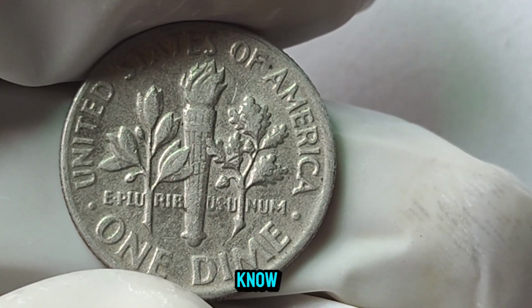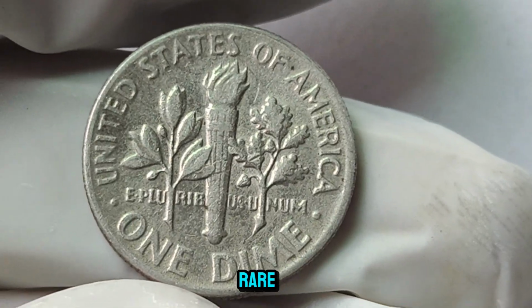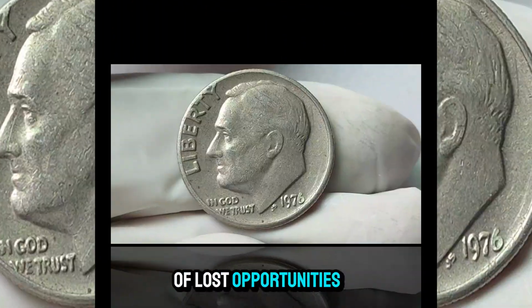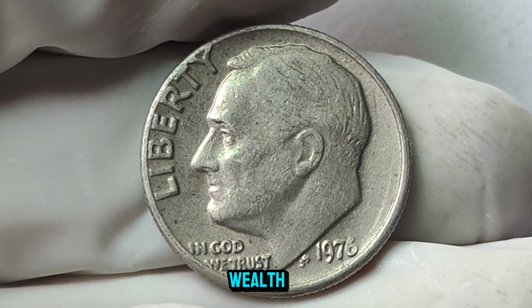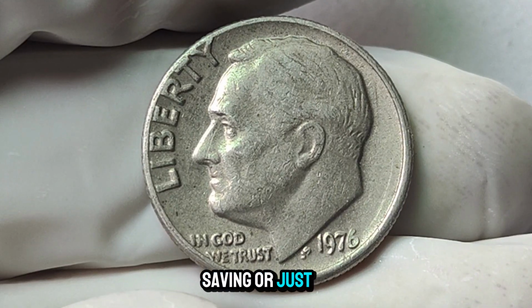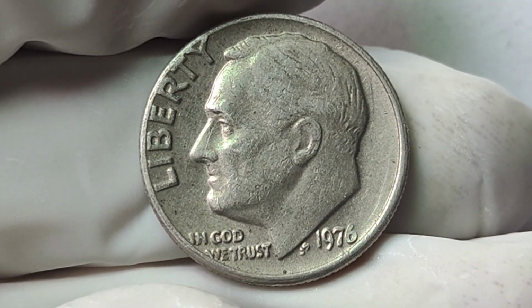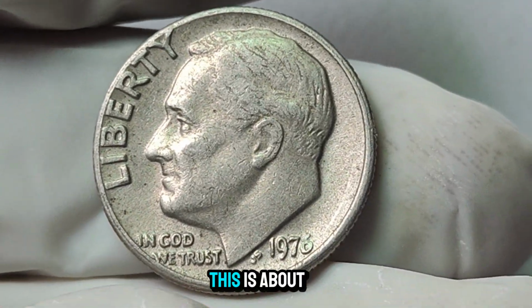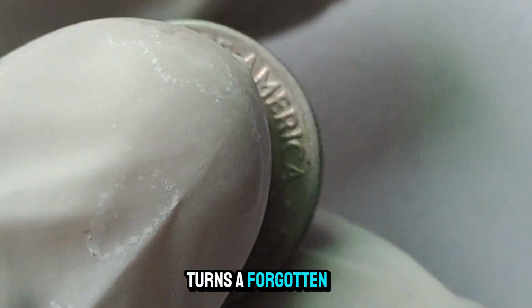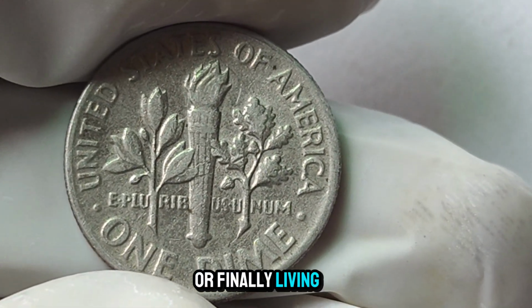So now you know. The 1976 no mint mark Roosevelt dime isn't just rare. It's legendary. It's a symbol of hidden value, of lost opportunities turned into once-in-a-lifetime wealth. If you're between 30 and 65, and you've been collecting, saving, or just forgetting old coins in drawers and jars, it's time to take action. Because this isn't just about a dime. This is about freedom. Financial freedom. The kind that turns a forgotten coin into a new house, an early retirement, or finally living the life you